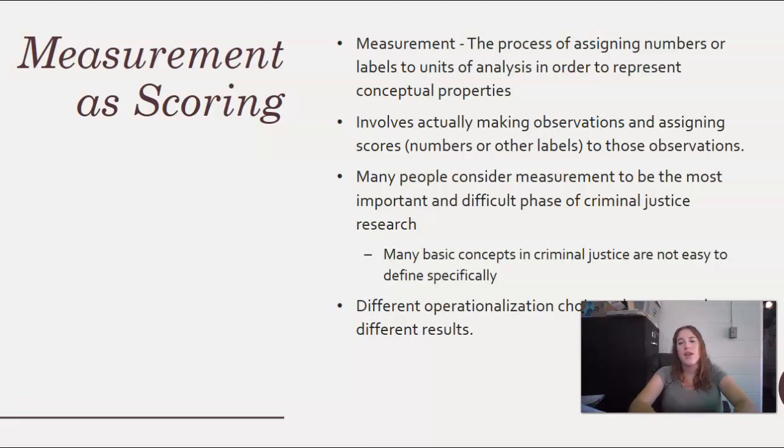Your book talks about ranking of Supreme Court candidates as qualified, highly qualified, or not qualified. So in order to find who's in each category, you have to assign numbers and say, okay, people that scored less than 5 are in the not qualified category. People who scored between 6 and 10 are in the qualified category. People who score over 10 are in the highly qualified category. So, we do this on an everyday basis too.